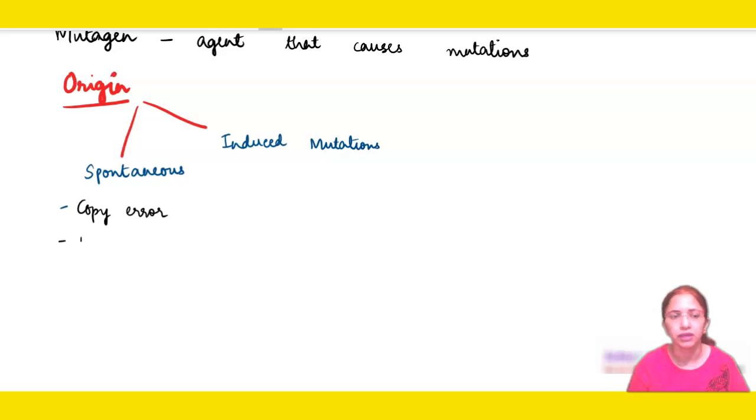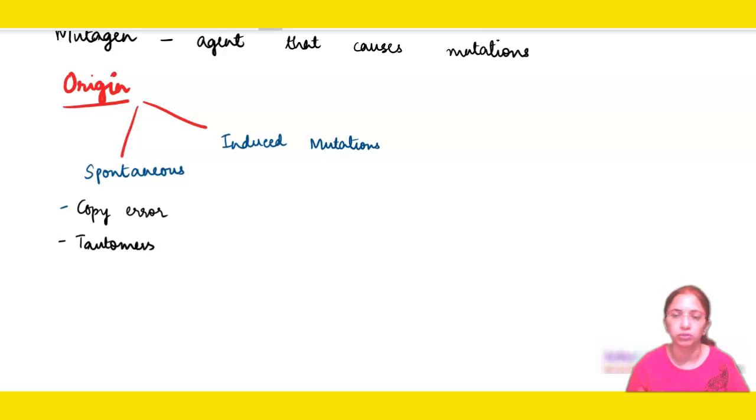Okay. Another reason could be the formation of tautomers. What are tautomers? These are the isomers of our normal bases. Our normal bases were 4 in number: adenine, guanine, cytosine and thymine. So if these nitrogenous bases form isomers, it is not at all a must that they will bind with the base pairing rule. So this again disturbs the normal structure of DNA, and we call this a mutation. And once this mutation happens in the DNA, it can pass to the next generation as well.